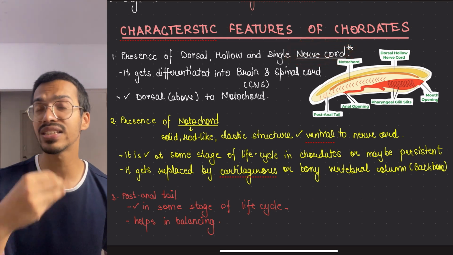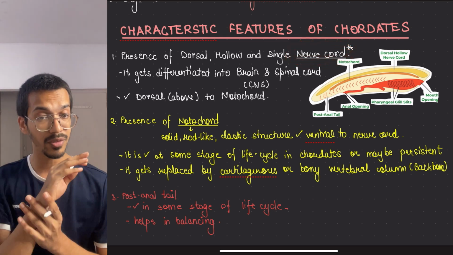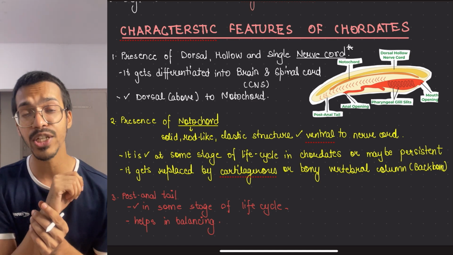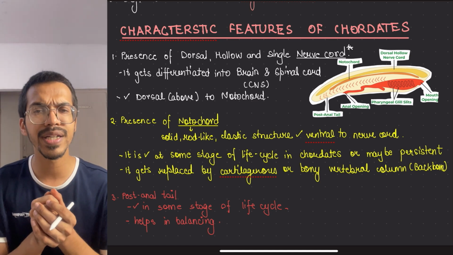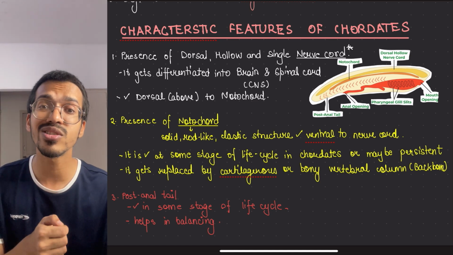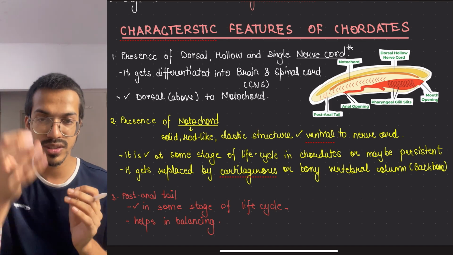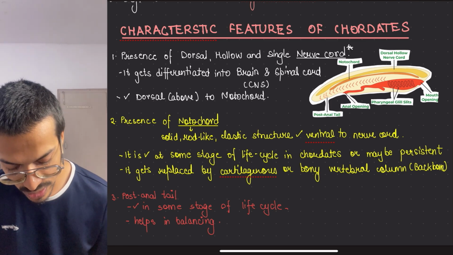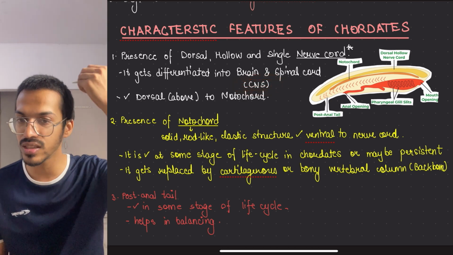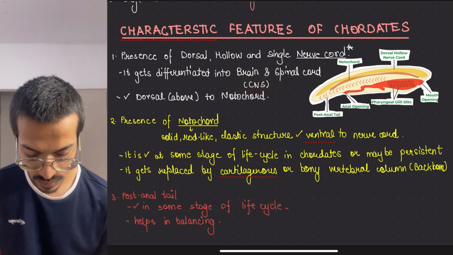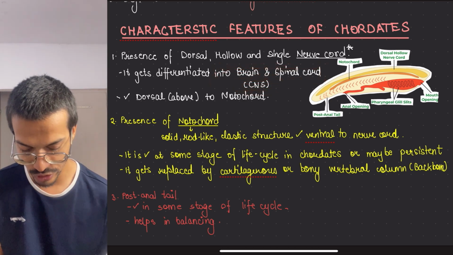If it is a nerve cord, has a neuron, and we say that a vertebral column will be formed, right? I just told you, I've explained you. In the vertebral column, what is present, beta? In the vertebral column, there is a presence of what? Spinal cord, which is the neurons. Okay, so this thing changed into the central nervous system, means brain and the spinal cord. This nerve cord will change into it.